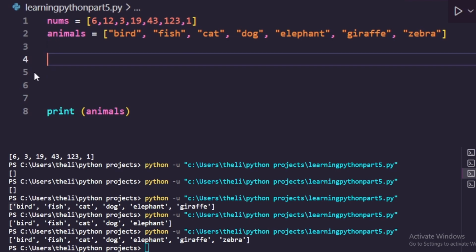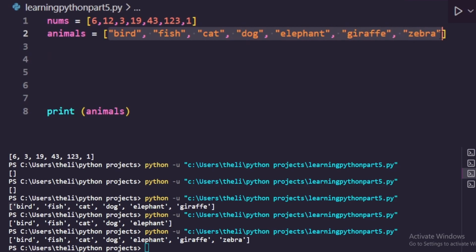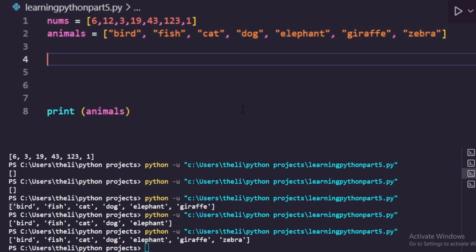Another really helpful function, .index. This is super helpful, so keep this in mind. I use the index function if I want to search for a value in the list. For example, if I want to find if or where dog is in a list. Pretend I want to find where dog is in the list. Maybe I don't have the values in a list. Maybe the user gave me values and I want to see, oh, did they put this in the list? If they gave me these values, bird, fish, cat, dog, elephant, giraffe, I want to find if dog's in the list. So I can do